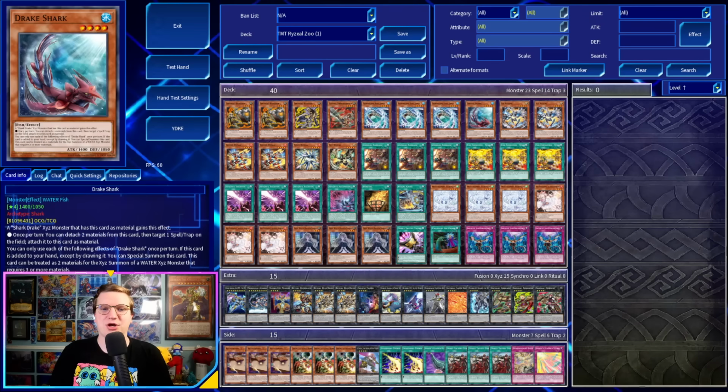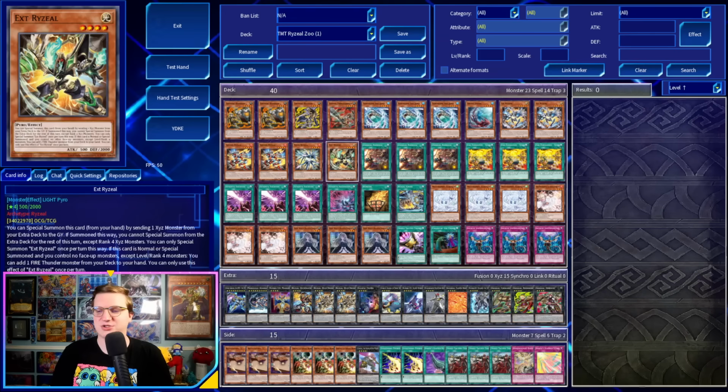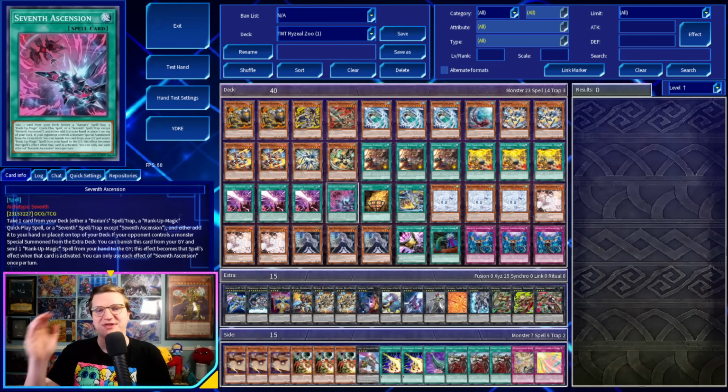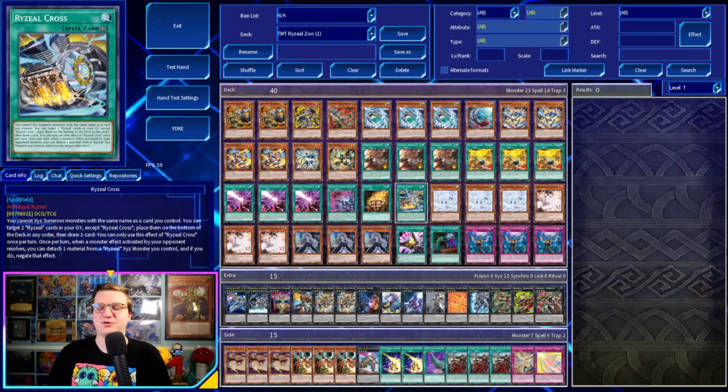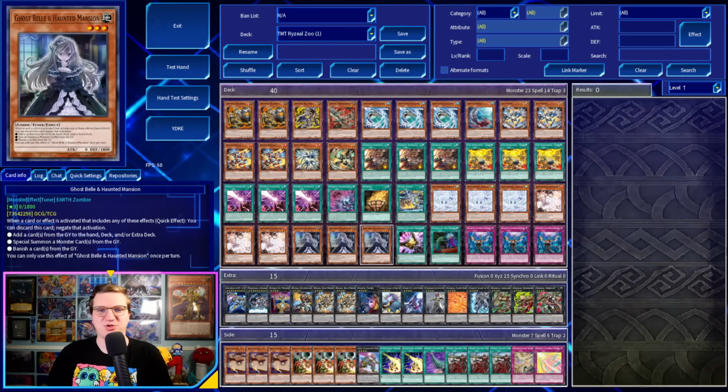Awesome. Drake Shark is unfortunately not like us, but is a Poplar. And we've got a couple of Ice Ryziels, a couple of Swords, a Node, and an X Ryziel. We're playing not only the Barrages, but 3 Tankies, 3 Tachyon, and 1 copy of 7th Ascension, just because of the way the numbers worked out. We've got a Bonfire and the Ryziel Cross in here as well, but I didn't feel good enough to play a card like Star. And in terms of non-engine, we're playing Fulos, Ash Blossom, Joyspring, Ghost Spell, and Haunted Mansion,